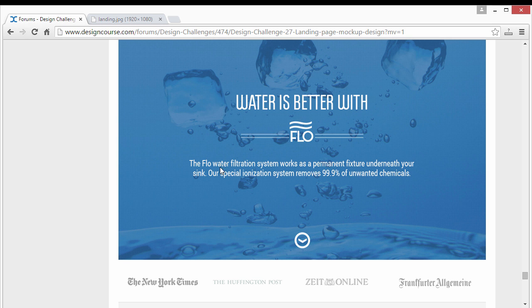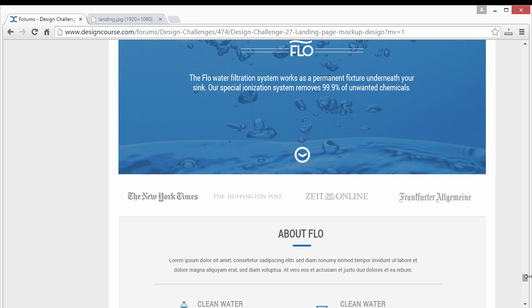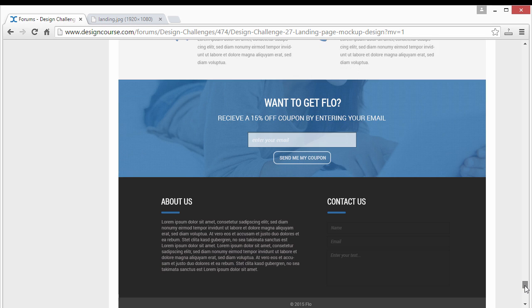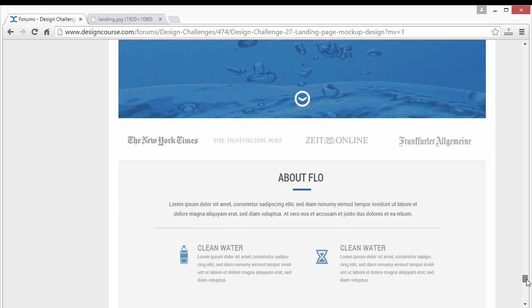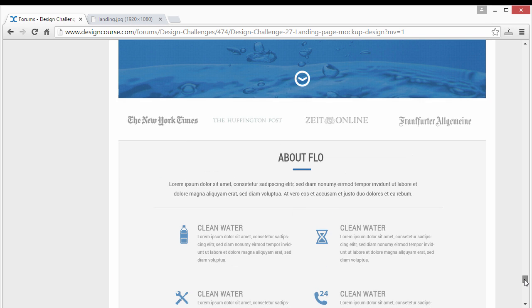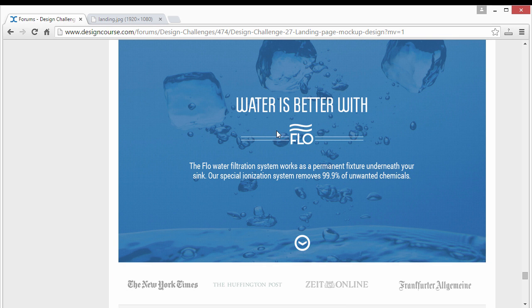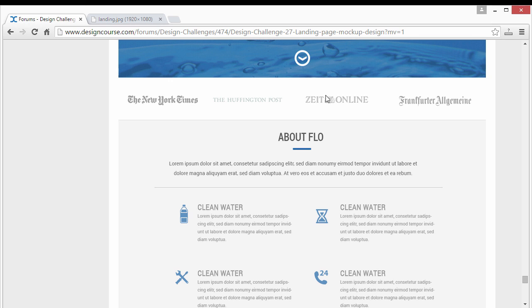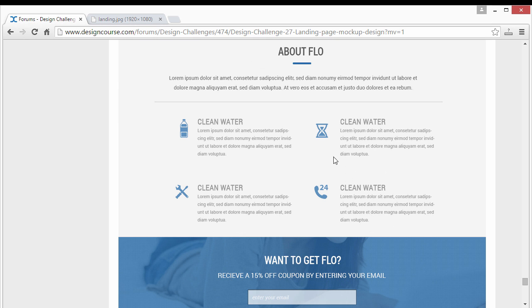All right, coming down here, water is better with flow. Okay, let's see here. Wow, a lot going on here. Definitely spent some time on this. Ideally, because they're trying to get the email, this has to go up top. You can have it again, I guess, at the bottom, but definitely want it at top since this is a squeeze page. What they're trying to do is get as many email addresses as possible. So I would move that up here, place a lot of emphasis on it, and then that's when you can add all this. You can add your trust factors, such as these logos, the about section, these blips right here,